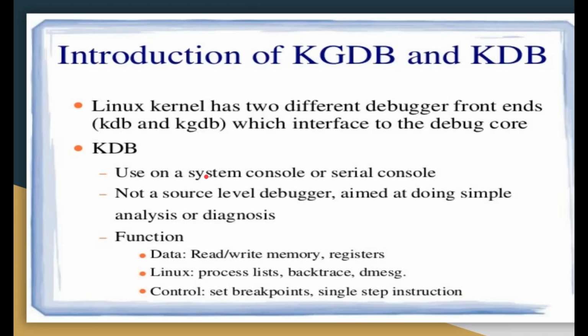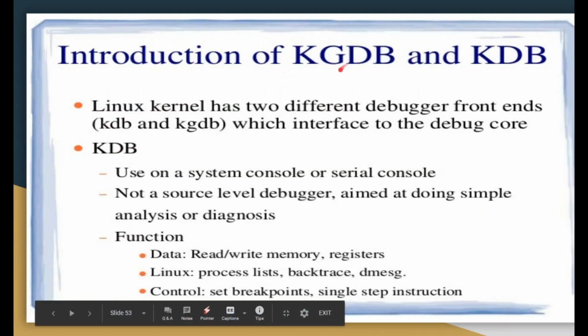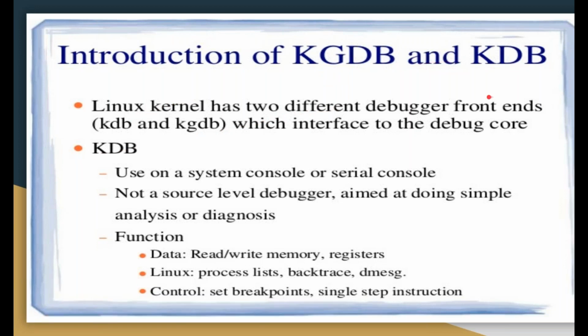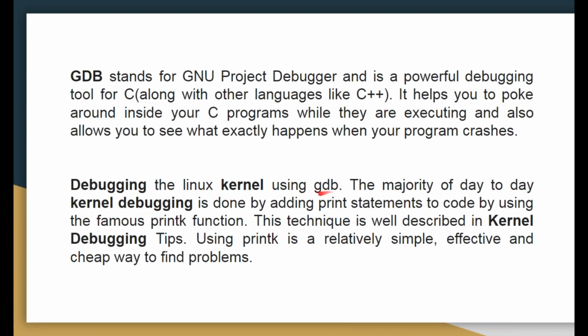So we are left with the last topic, which is debuggers. There are two types of debuggers which you find in Linux, that is KGDB and KDB. Debuggers are basically used to sort out problems, to check for bugs. Why do we do debugging in the kernel? Debugging in the Linux kernel is done using GDB or KGDB. GDB stands for GNU Project Debugger, where DB stands for debugger and G stands for the GNU project, which was started by Linux. So that is why it is GDB.